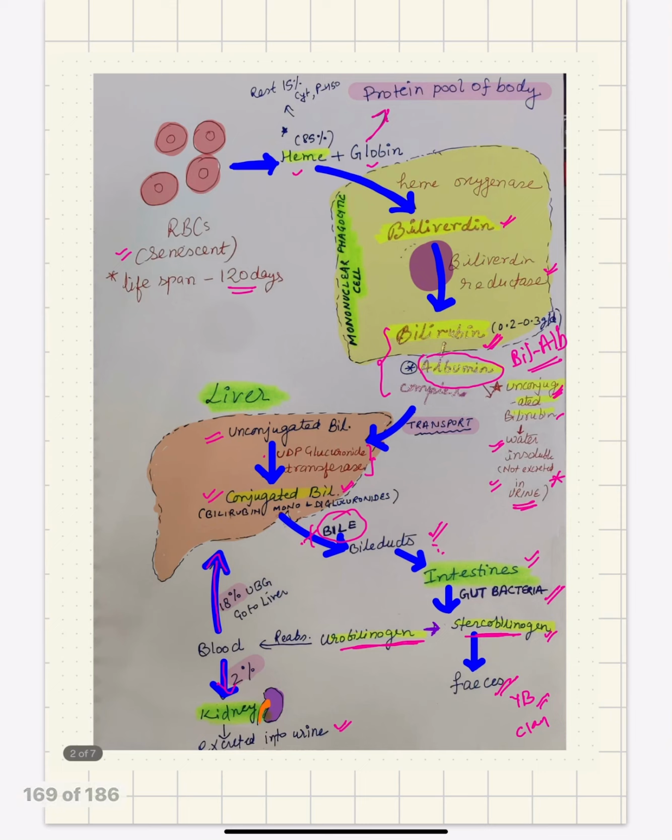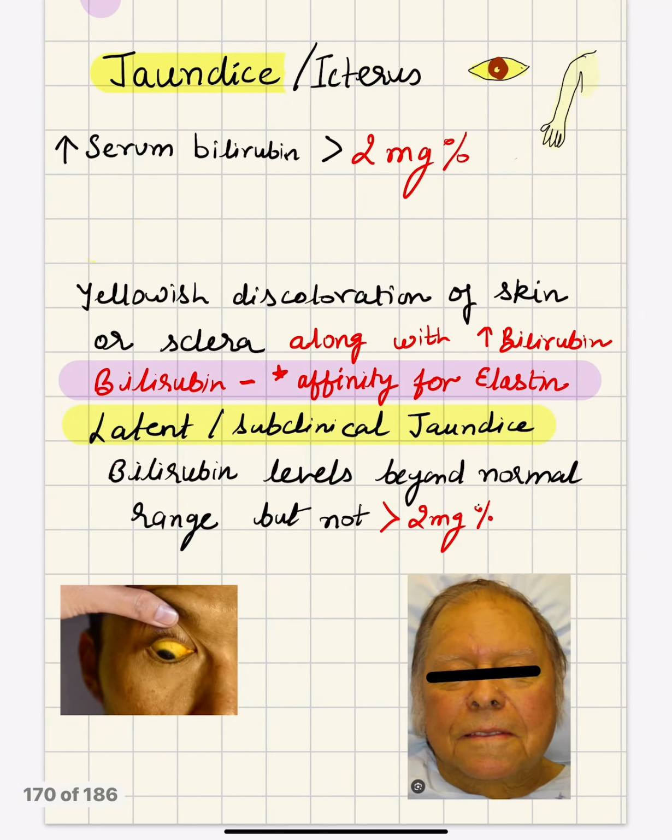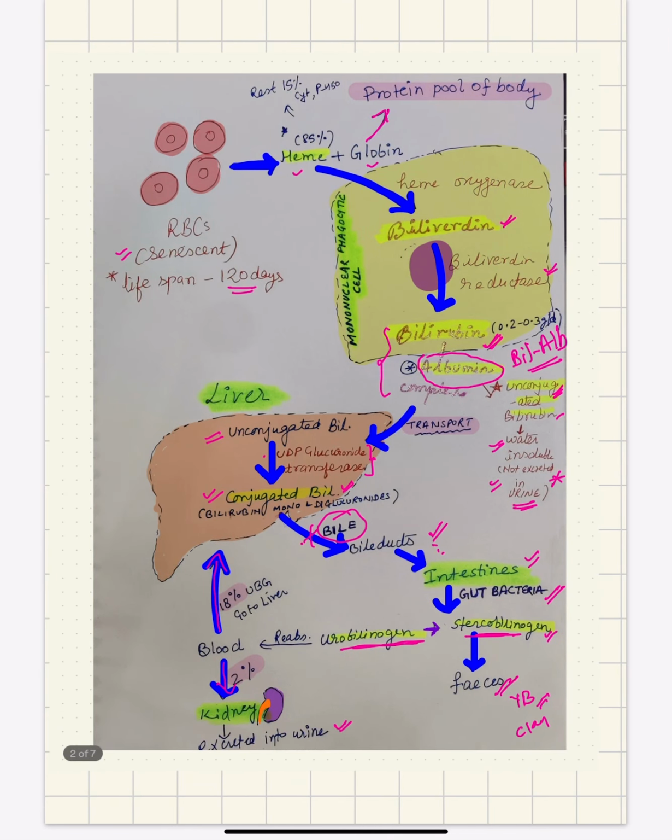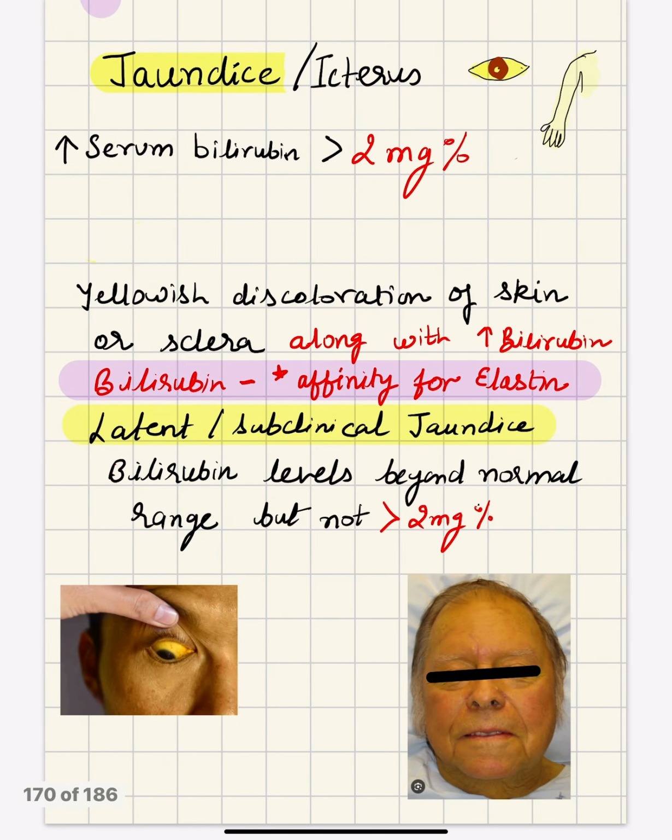In the last video, I have already told you regarding the bilirubin metabolism. The bilirubin in the body is produced at a rate of 0.2 to 0.3 grams per day, and the source is mainly the senescent or the dying RBCs, which have a lifespan of 120 days. After the heme is metabolized, the bilirubin is formed in the body, and when the concentration of this bilirubin in the serum is more than 2 milligram percent, that condition is known as jaundice, also known as